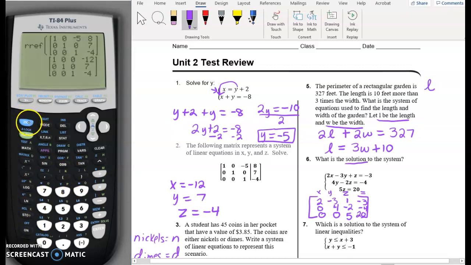So same routine as last time. Second, x to the -1. Go over to math, we want option B. To put in my matrix, alpha zoom. This is a 3x4 just like last time, so we'll keep it as is. And then let's start typing in our numbers. So 2,